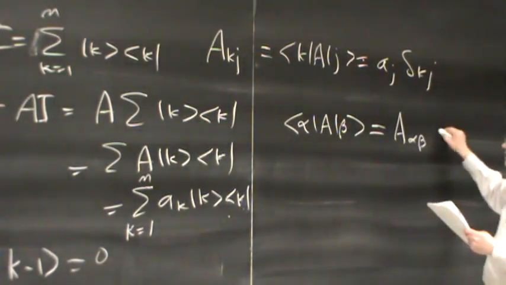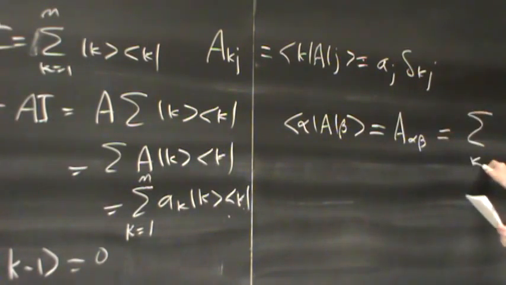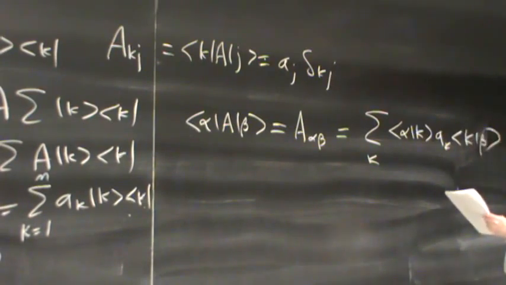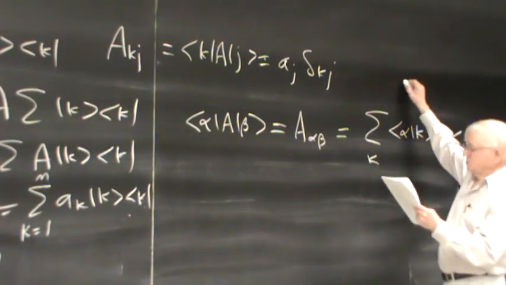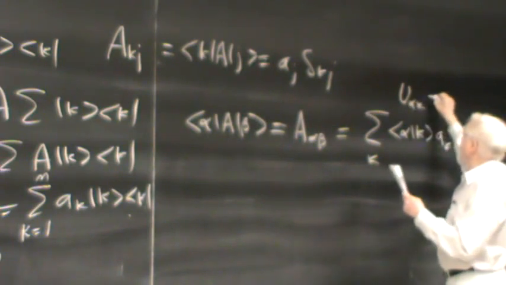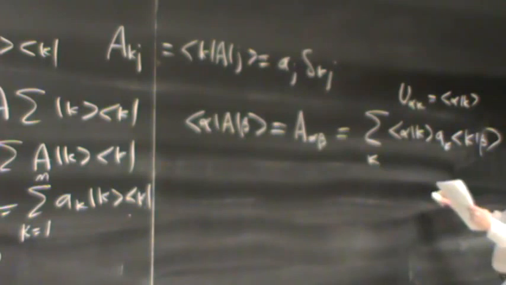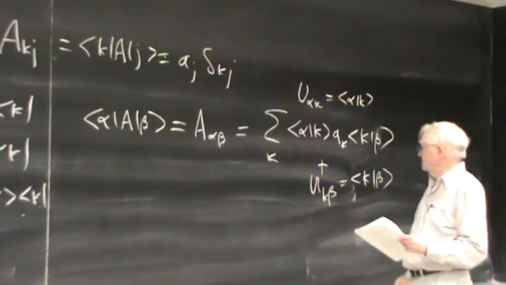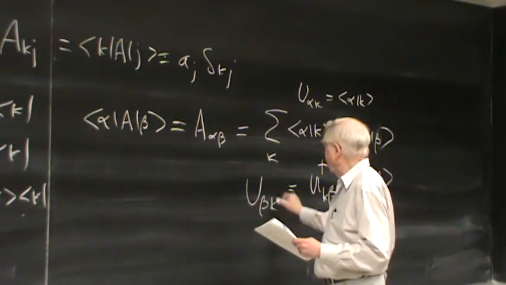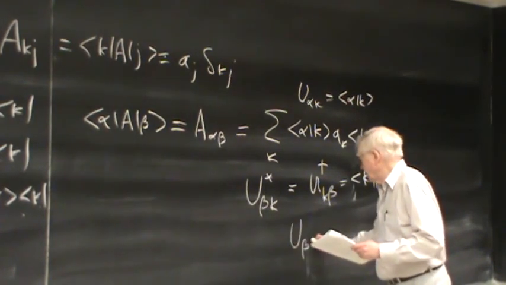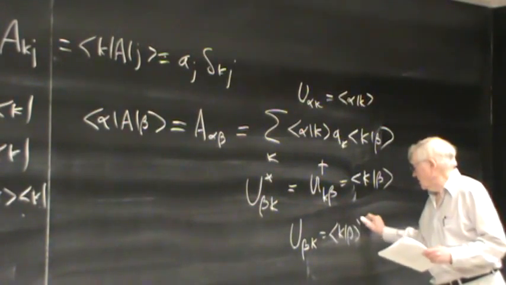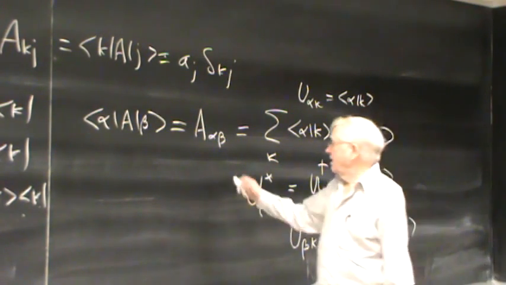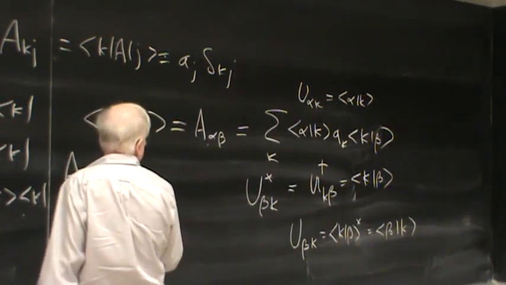We call this A_alpha beta, and this would be then a sum on k, <alpha|k> A_k <k|beta>, and we could call this a unitary operator U. <alpha|k> would be U_alpha k, and U dagger <k|beta> would be U_beta k complex conjugate, and consequently U_beta k would be <k|beta> complex conjugate, which would be <beta|k>. So this A_alpha beta would be U_alpha k